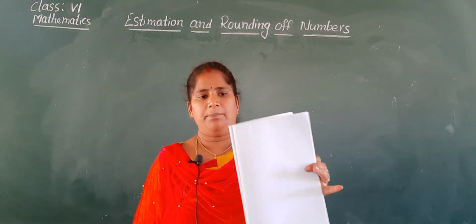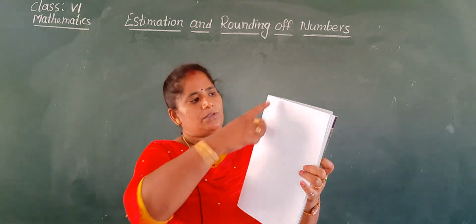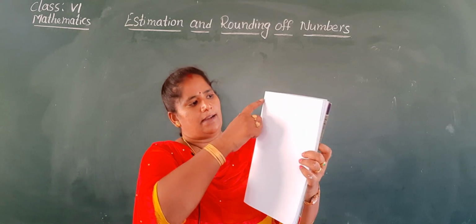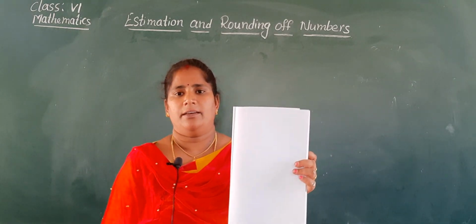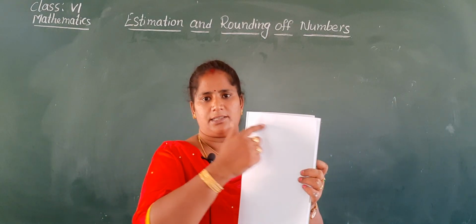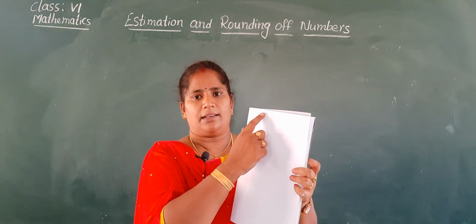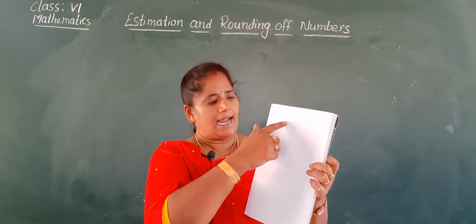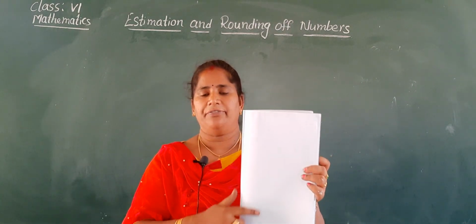See, this is the white pages long notebook. So draw the line for the margin like this, down and this side. Draw the margins with pencil. Use the scale and pencil and draw the margins, and above the margin you start the first chapter, Numbers All Around Us. Okay, and you have to continue from here itself neatly.